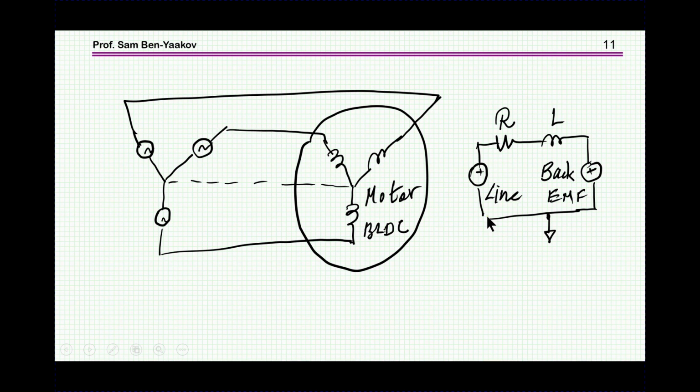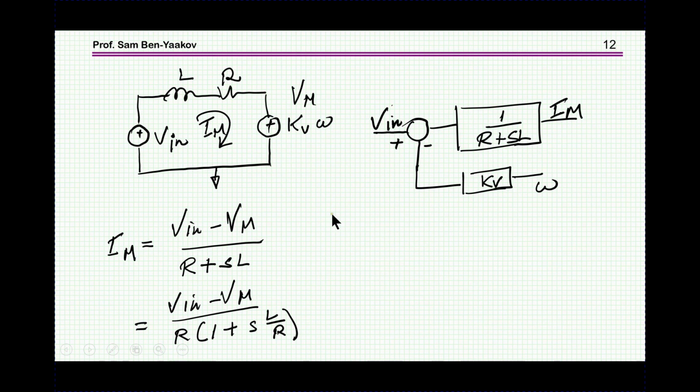And in here what I see at the input, I see a resistance, which I'm not showing here. There is a resistance of the coils here, then the inductance, and this is the back EMF, which I'm not showing here. There is a back EMF of the motor, which is a function of the speed. So basically what we have here for one of these phases, we have an input voltage, an impedance, and then a back EMF, which is some constant times the speed of the motor, the angular velocity. And we can represent this circuit